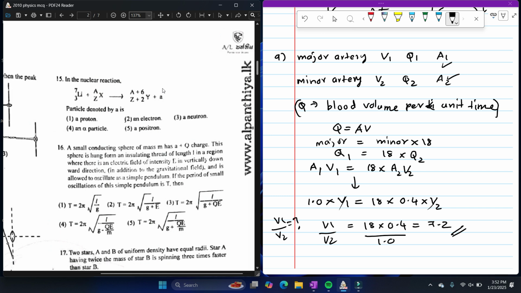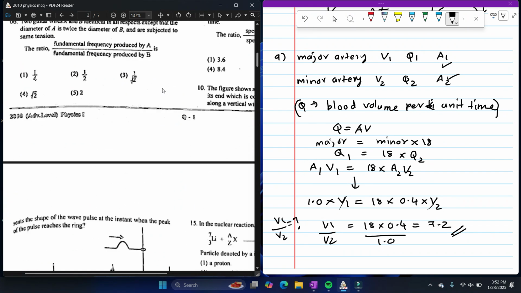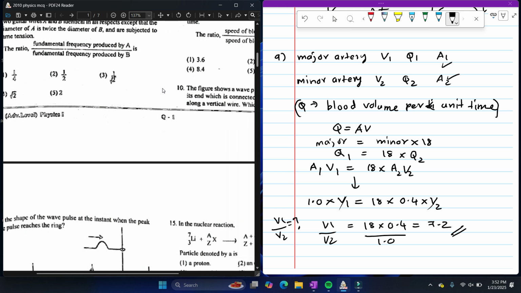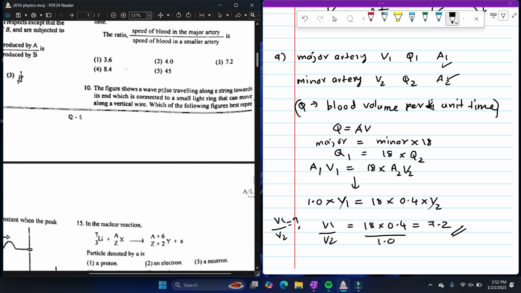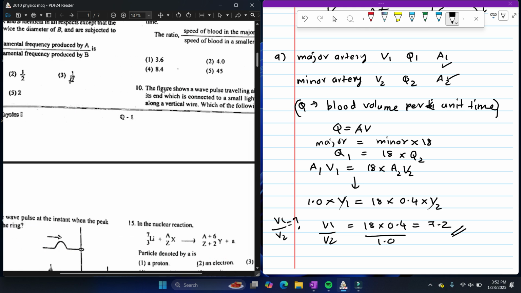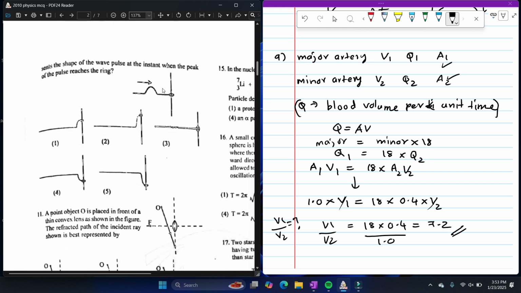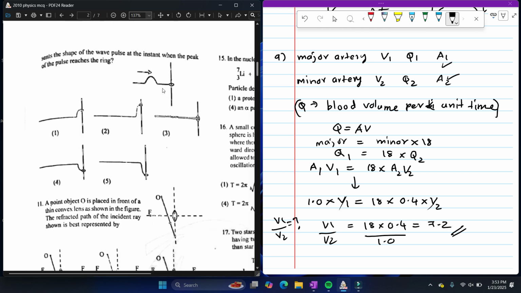Question number 10. It comes under oscillations and waves in wave properties, and a figure shows a wave pulse traveling along a string towards its end, which is connected to a small light ring that moves along a vertical wire. Which of the following figures best represents the shape of the wave pulse at the instant when the peak of the pulse reaches the rim? So the rim moves upwards, right? When the pulse comes to the rim,